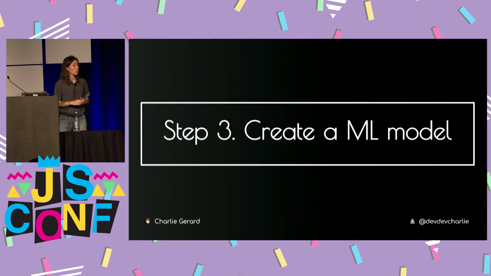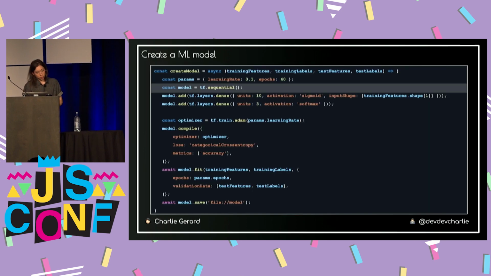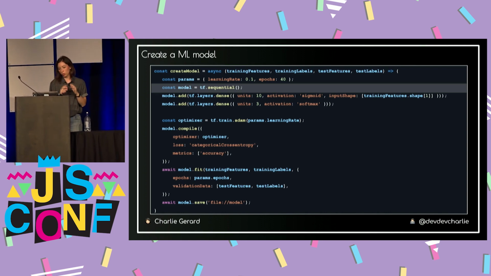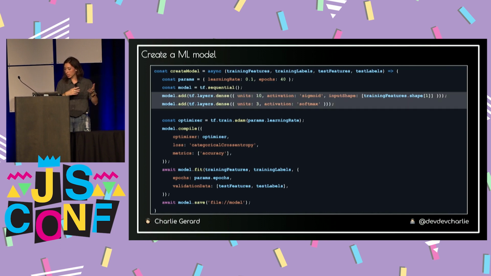So what we have to do next is actually create the model. At the moment, we just prepared our data, but we don't have the model yet. To create the model, this is where it's not really a science, it's kind of like you try things until it works, at least that's what I do. I create a sequential model, and then you can add different layers. I have 2, but you can have 4 or 6, and you can change the parameters. I'm not quite there yet to understand what everything does, but when it works, I don't touch it anymore. So let's just pretend that it's fine.